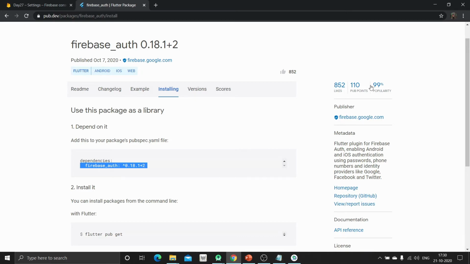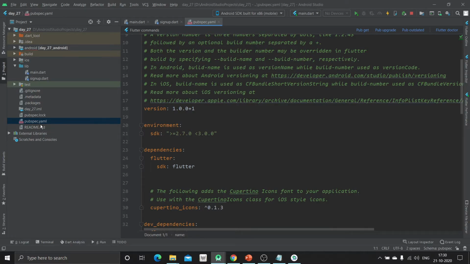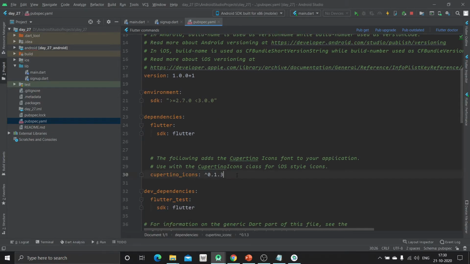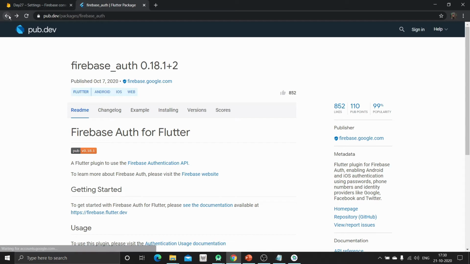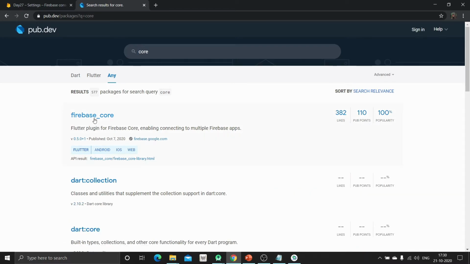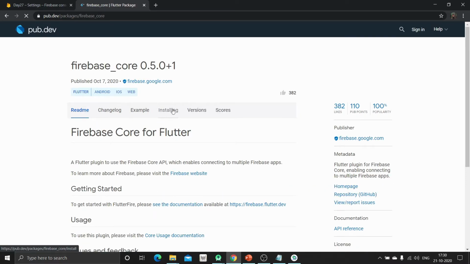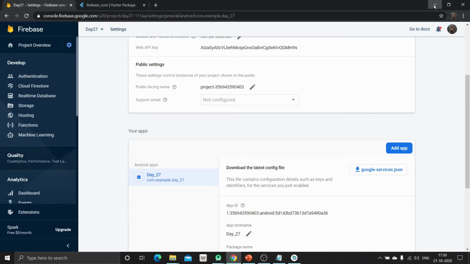So just copy this new version into the pubspec.yaml file, and also one more package has to be imported, that is Firebase core. Just go inside Firebase core and add this. These are the latest versions of Firebase authentication and Firebase core.